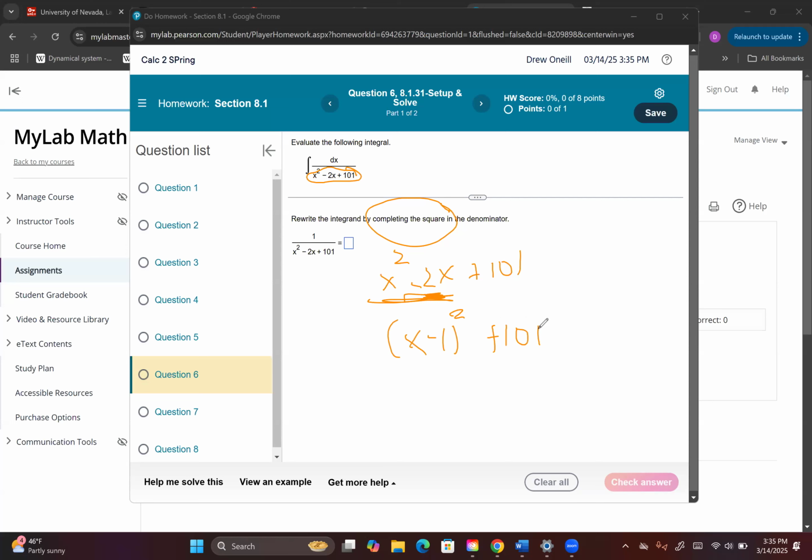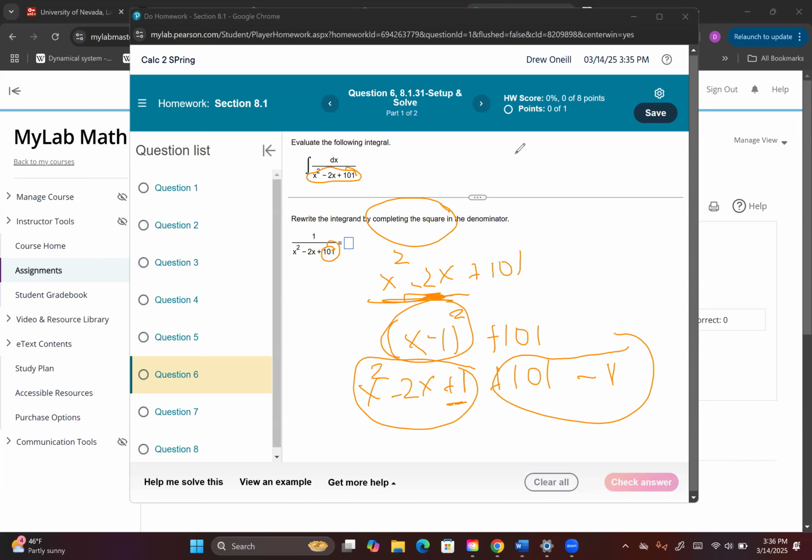And then we see what we created, okay? So what would we have created if we squared this out? We'd have x squared minus 2x plus 1. But since we have a plus 101, this wouldn't make sense, right? Because this plus 1 and this would make 102. We don't have that. So to account for that, we'd have to subtract that extra 1, and that will balance it out. But since this is equal to this squared, we can simplify this part to become 100, and you see, voila, that's magic, right?